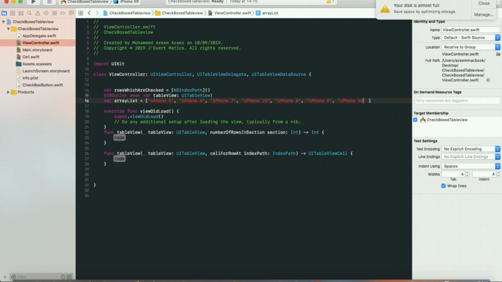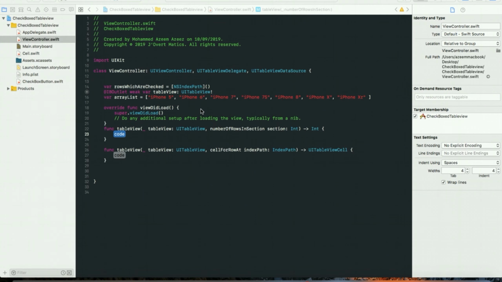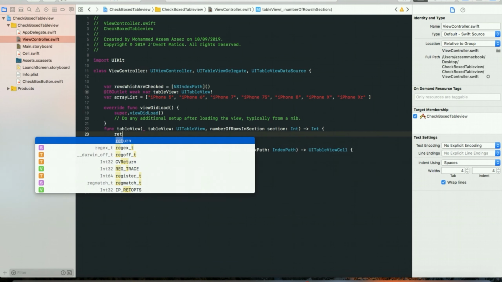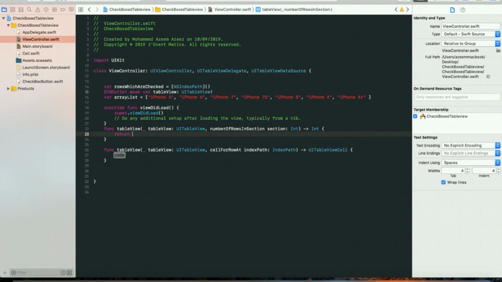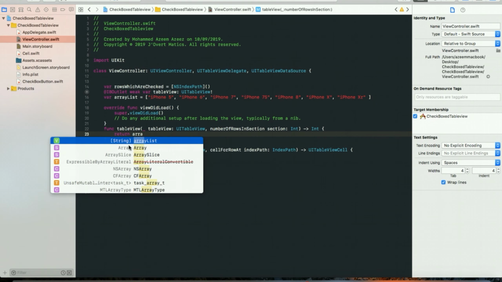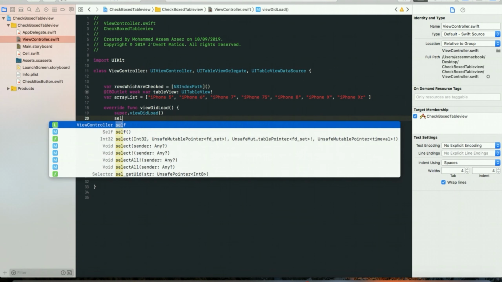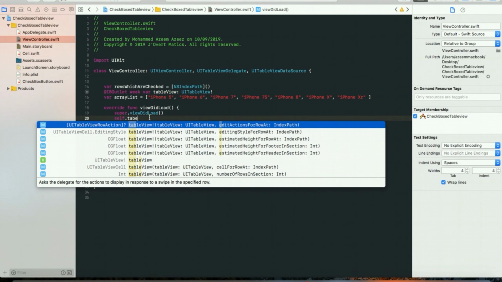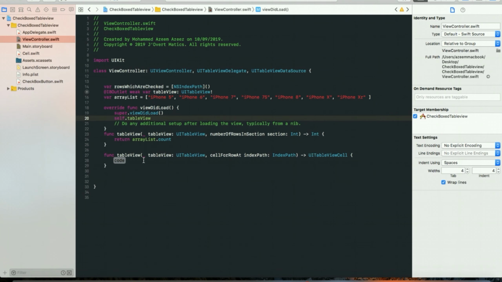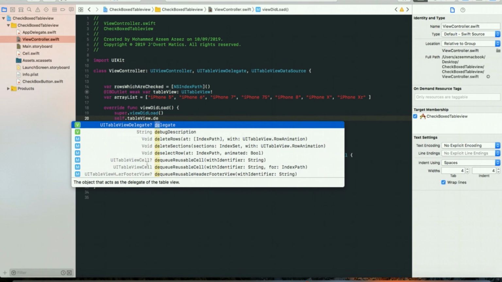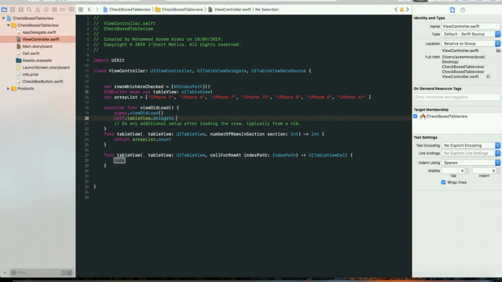Okay, so the number of rows which I need to create here is the number of cells. Let me say return the array list dot count, and inside the viewDidLoad, what I'm going to do is self dot table view dot delegate is equal to self,